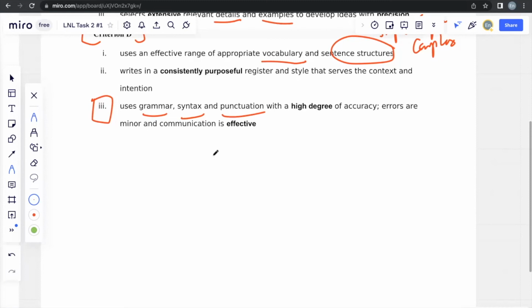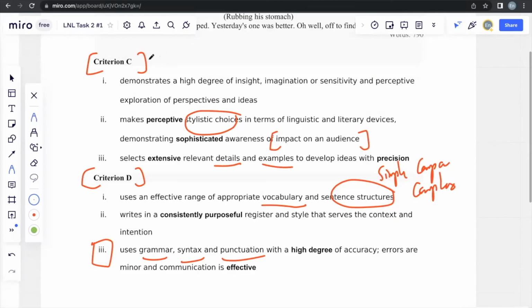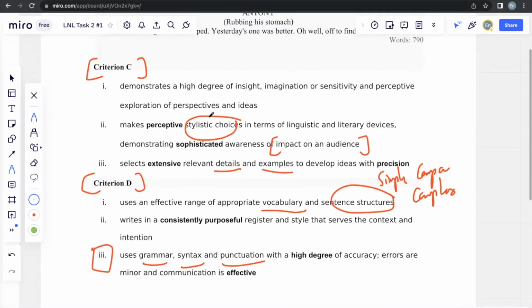And the problem is that if you make a simple spelling error, it can completely diminish the meaning of a certain word, which may affect understanding. The moment that some error affects understanding, your grade can be heavily pulled down by this one strand. So it's better to focus more on Criterion C because then you have a higher chance of scoring better in Criterion C in comparison to Criterion D, in which these errors may be difficult to take notice of.